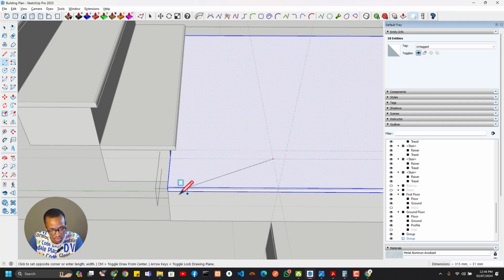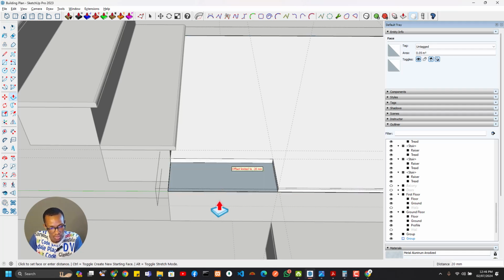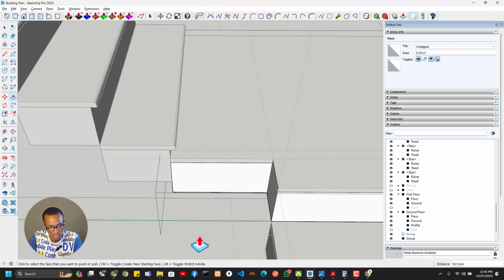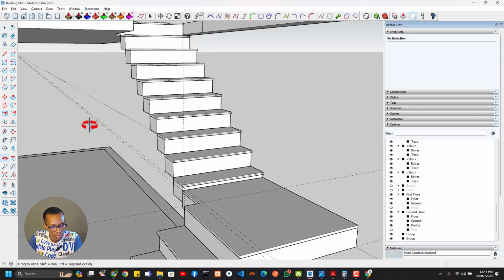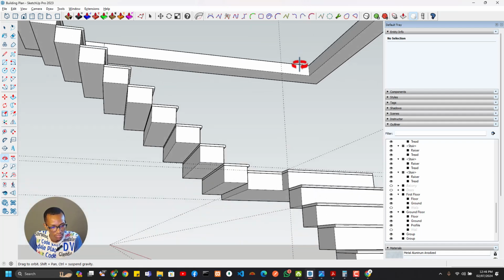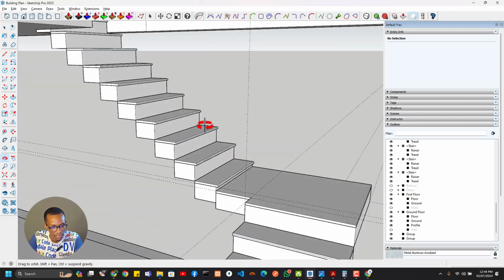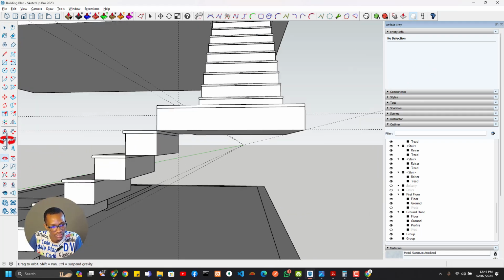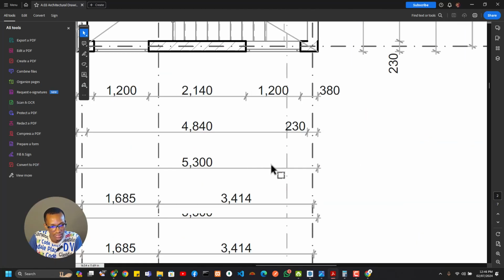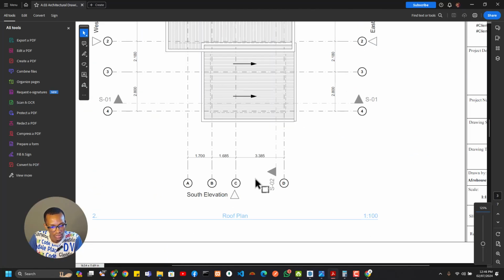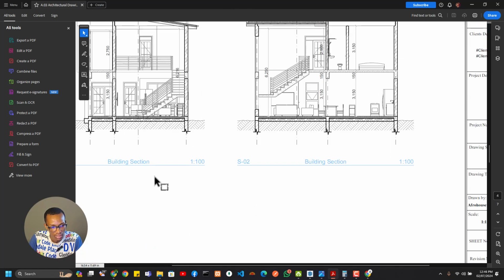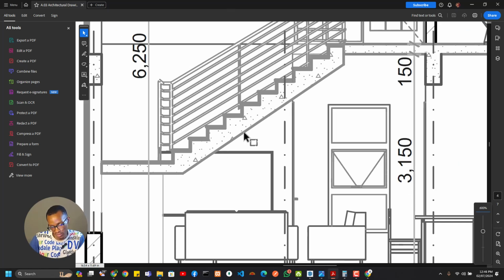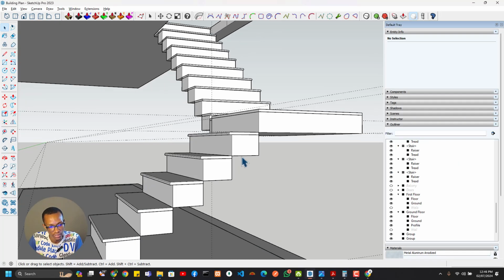So that means from here to here, I would push pull that, and same thing here, and like that. This is just fine, right? This is actually just fine. So I could decide to leave it like this, but if I look at the section, you can tell that it's supposed to be a straight concrete through like this. So what I could do for that is